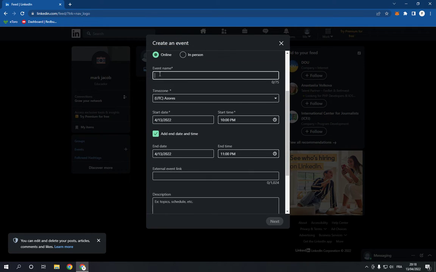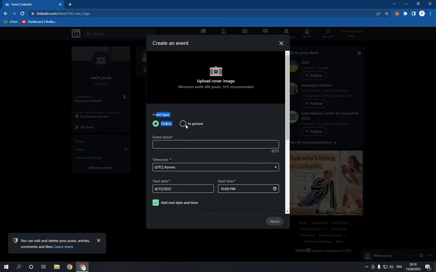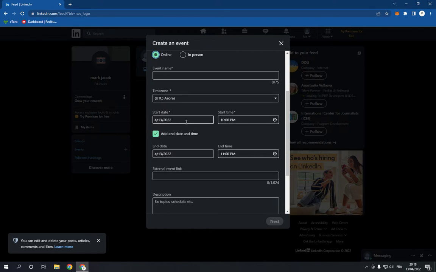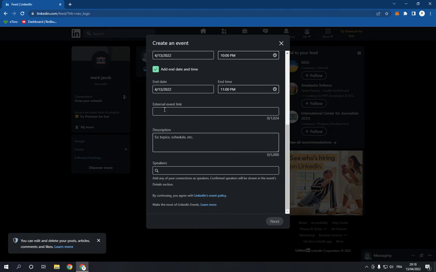Choose the event name and event type, in person or online, the start date and the start time, the end date, also the external event link if you have a website, and this description of the event, and now the speakers here if you know someone, or the contacts right here, and click